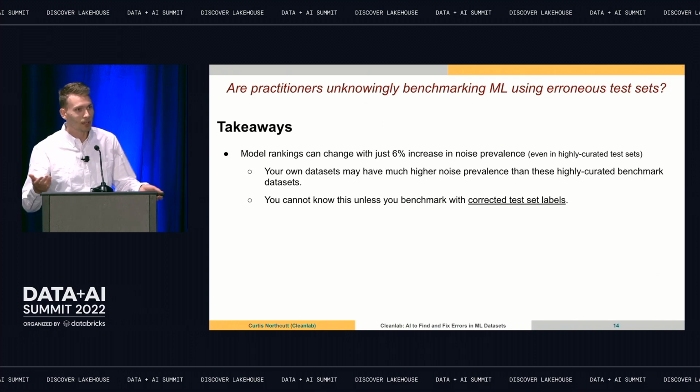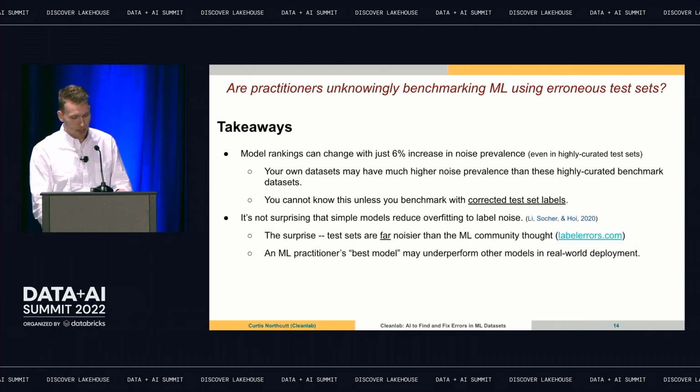The reason why that happens, by the way, is when you have noisy labels, smaller models tend to not overfit to the noise as much. And so that's why something like ResNet 18 will actually outperform something like ResNet 50 if you have a really noisy data set. Ideally, though, you wouldn't train on that noise. You use something like Cleanlab and fix the data, and then train on good data and get a more accurate model, and then you can use ResNet 50 or whatever you want. But that's a main takeaway.